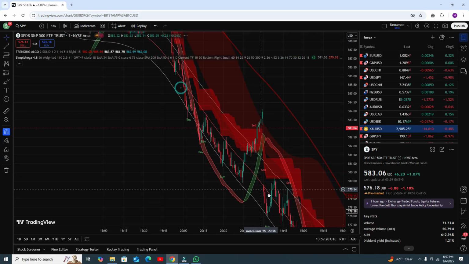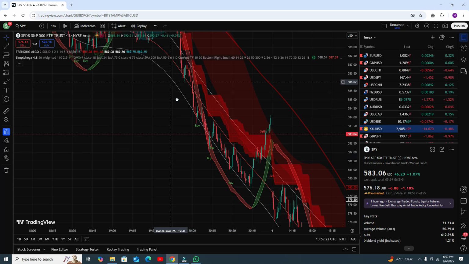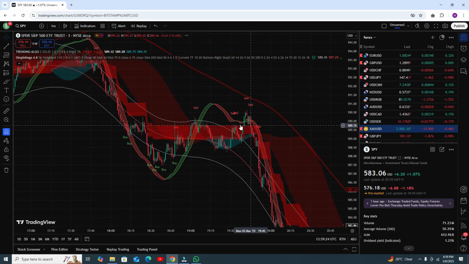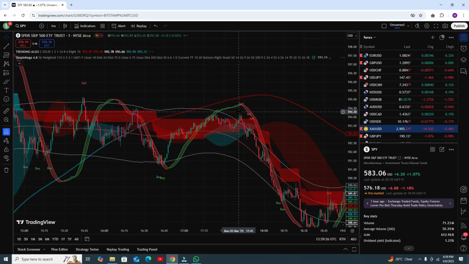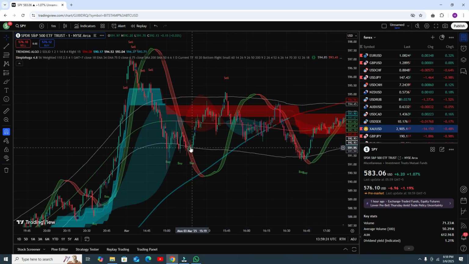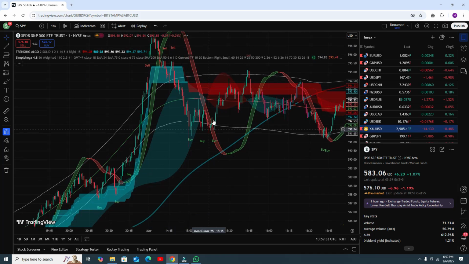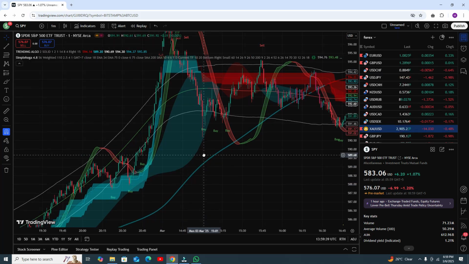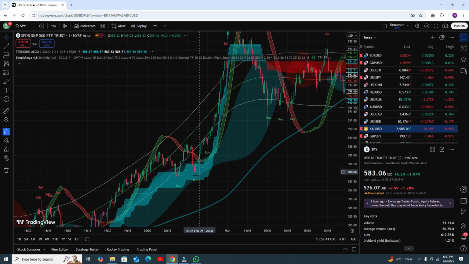Okay, let's discuss more. This one is a strong sell condition. That is actually a strong sell condition. That is a strong buy area. That one is actually not a strong buy, it is a weak one. We will discuss the weak signal later, but here we need to discuss strong conditions only.